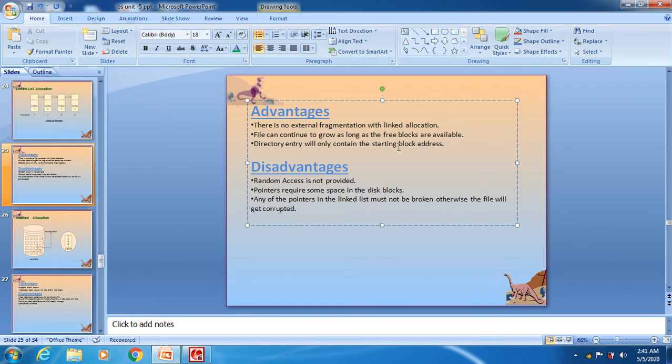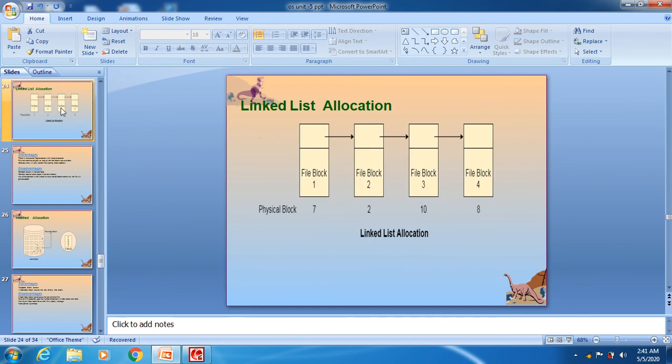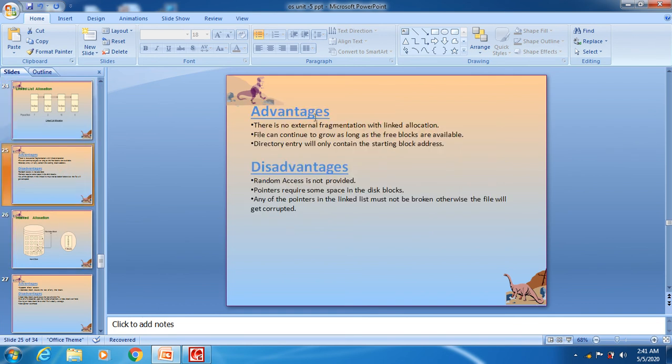Means it only stores the address of the first block in the linked list. If you want to access this particular file, the directory has the first block address. That is the main advantage of linked list.